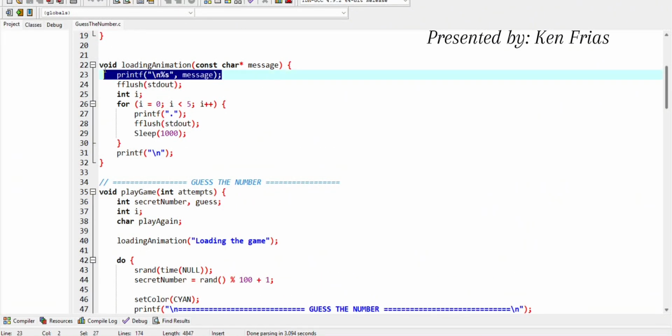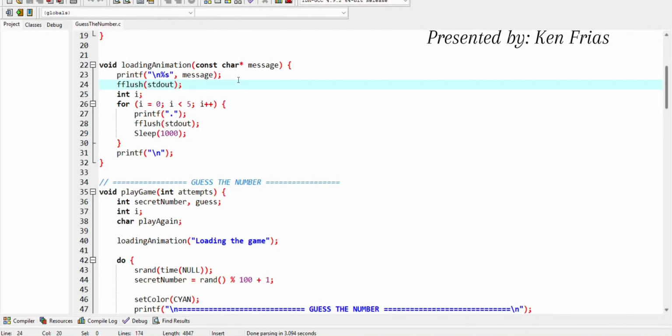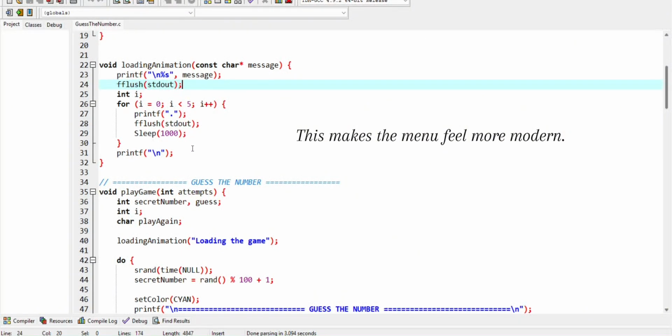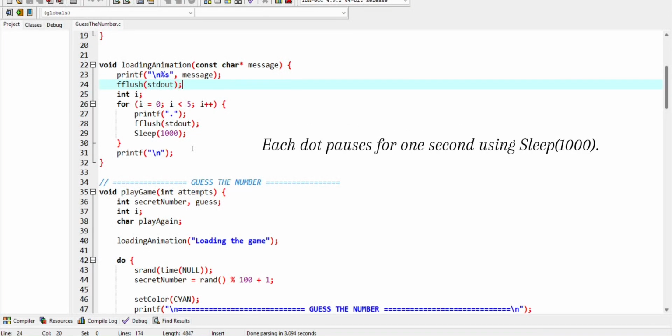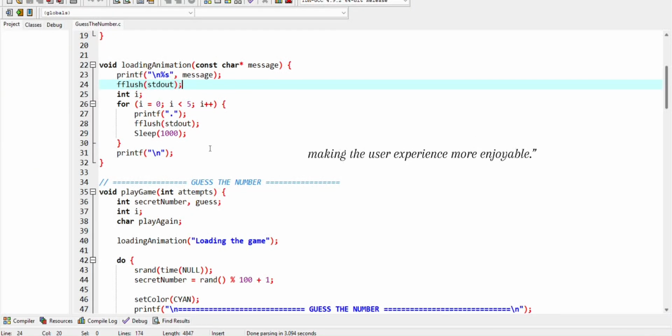For int i equals 0, i less than 5, i plus plus, printf a dot, and then Sleep(1000). Lastly is printf newline. This makes the menu feel more modern. Each dot pauses for 1 second using Sleep(1000). It is purely for visual effect, making the user experience more enjoyable. I'll be passing the next explanation to Steve.